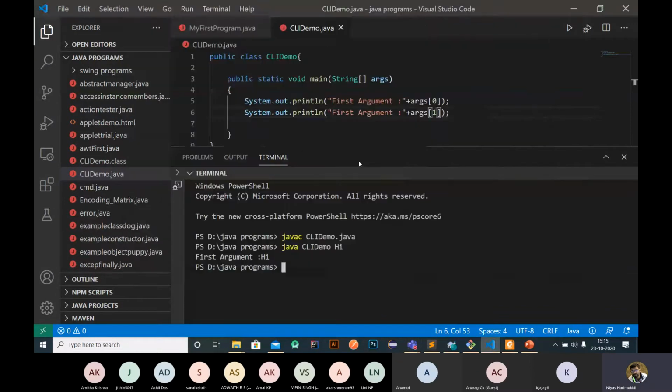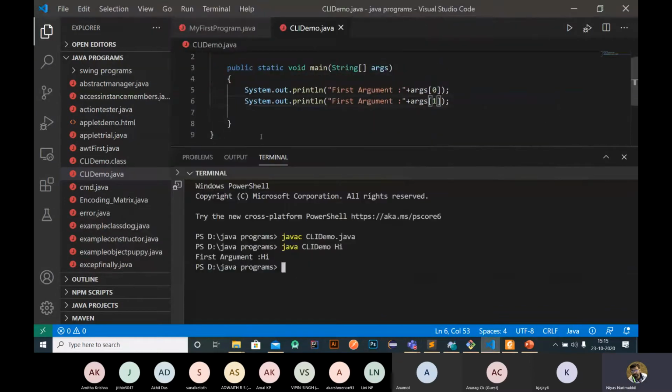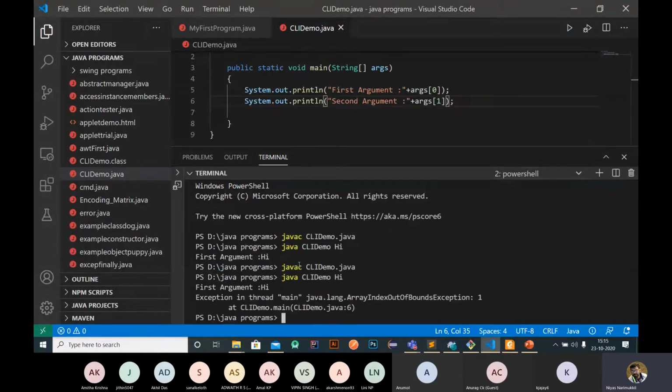So we are talking about command line arguments. Here I am adding one more print statement, for the first argument and second argument: one is args[0], another one is args[1]. Then we need to compile this program again, then run.